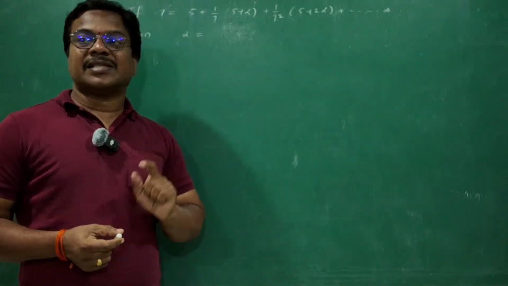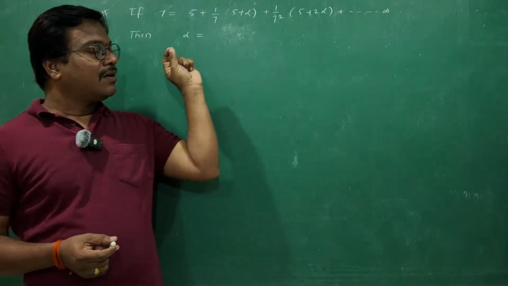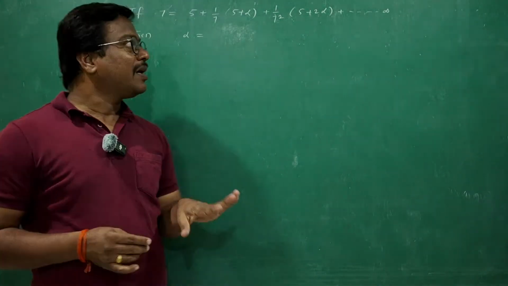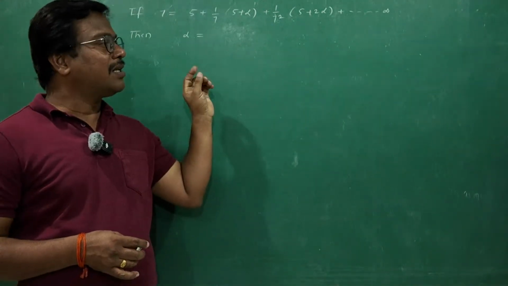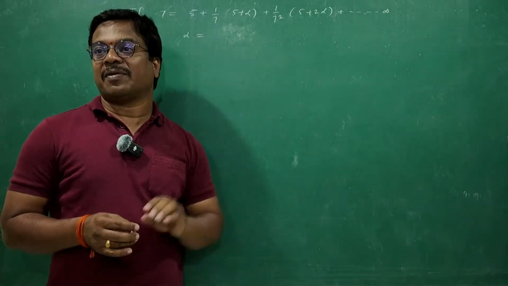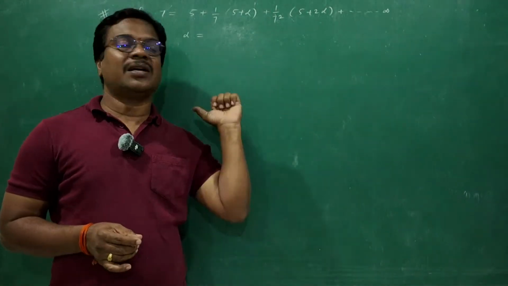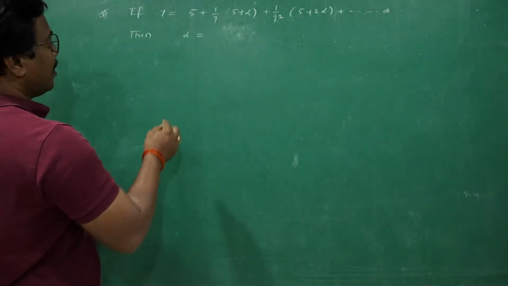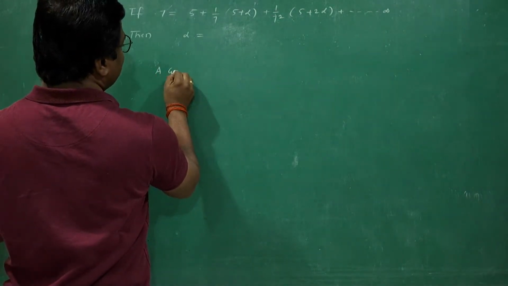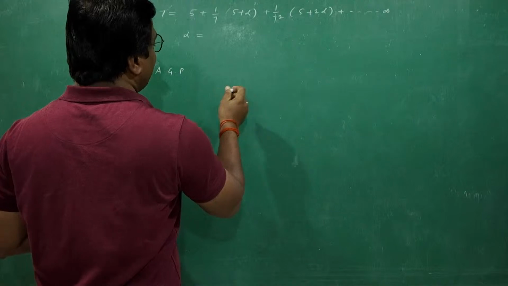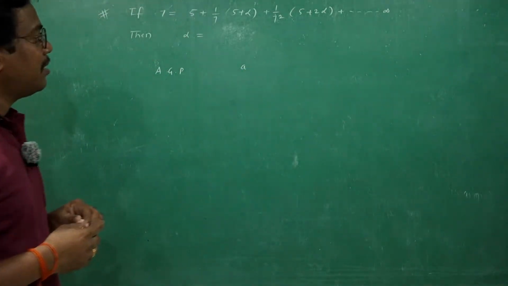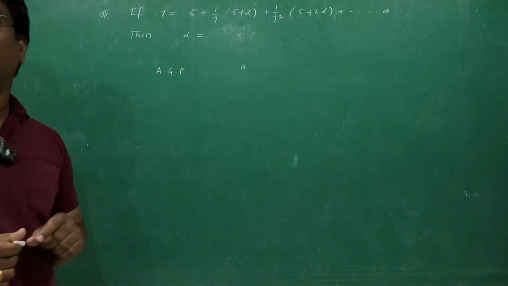Actually, in the syllabus, from the topic sequence and series you have only AP and GP, but in this session the question is framed on AGP. Actually, this concept is deleted from the syllabus but given in the examination. Suppose the sequence of a series in AGP is of the form A, (A plus D) into R, (A plus 2D) into R